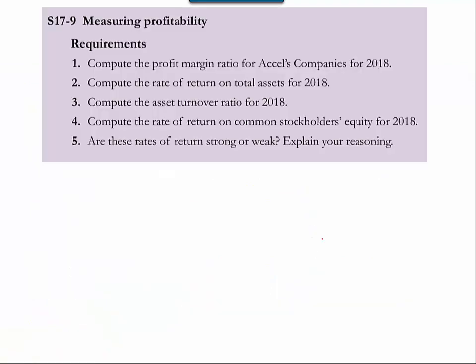So let's look at a couple of those. The first one we have is they want the profit margin. Now, this is going to go back to those statements. So let's fill in our little formulas, and then we'll go back to the statements, so I don't have to keep flipping back and forth and make everybody car sick. So profit margin ratio is net income divided by net sales revenue,